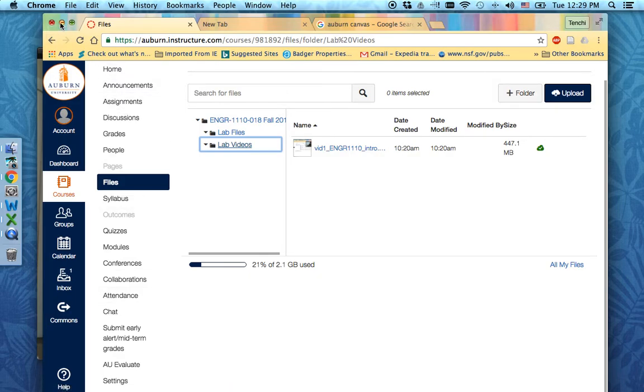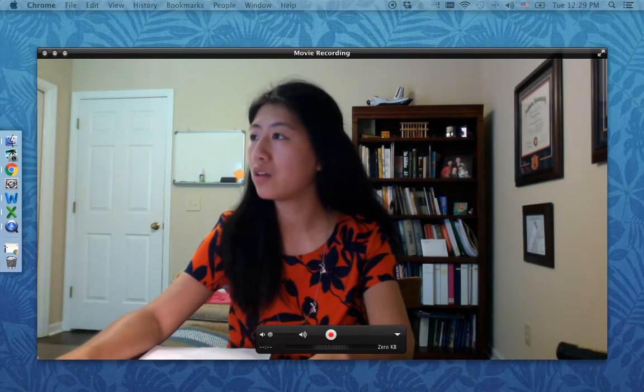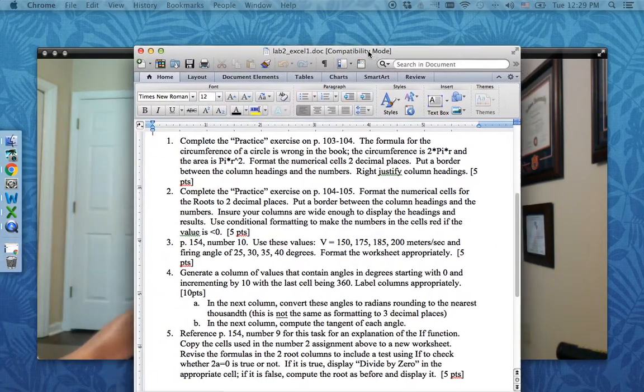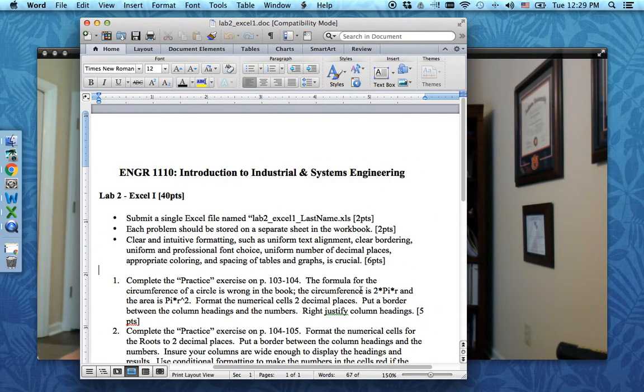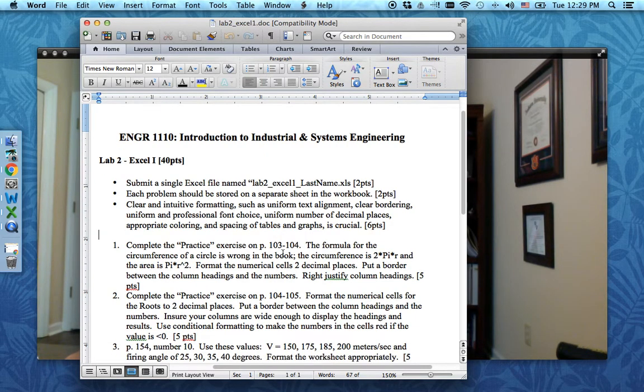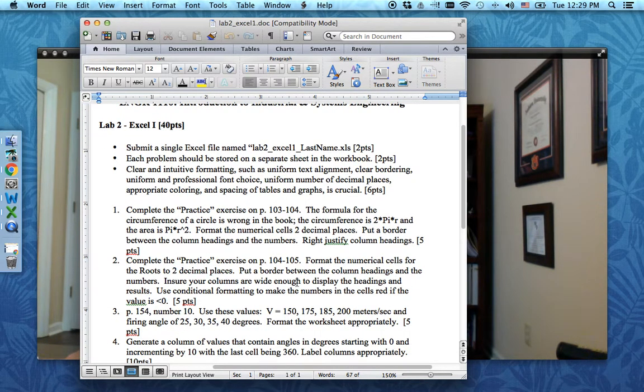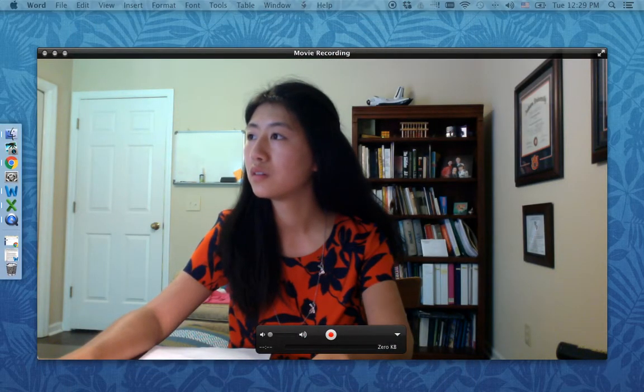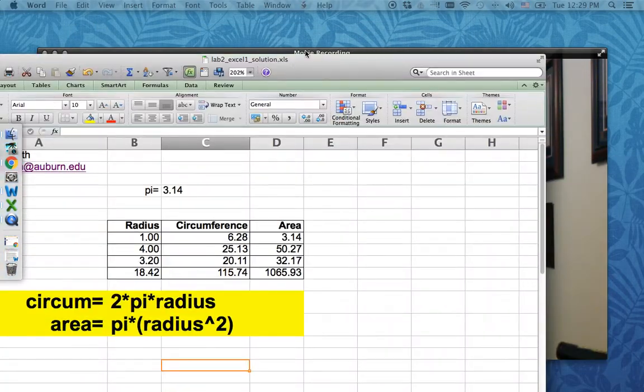So after you download the file, which should be this one, read through the file and feel free to pause the video at any time to read again, or to look up any terms that you're not familiar with on the internet. After you read the first few questions and the prompt of this lab, let's look at this